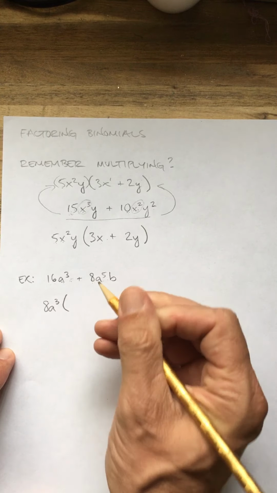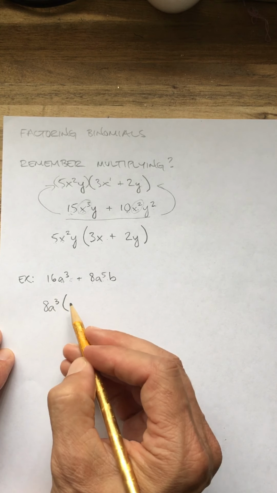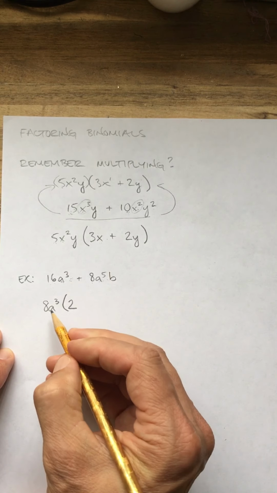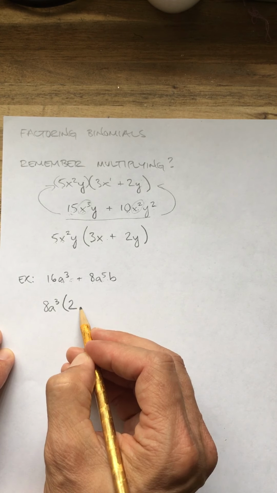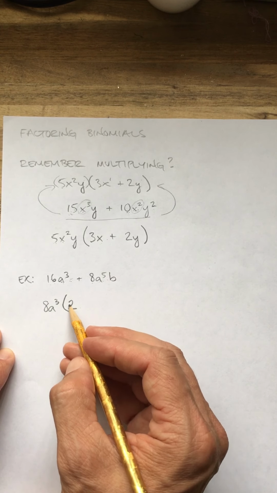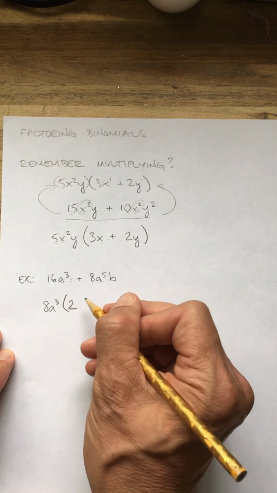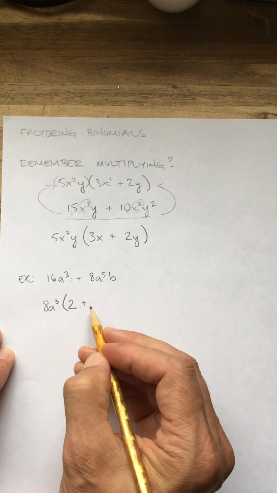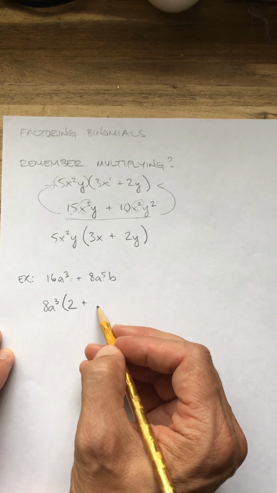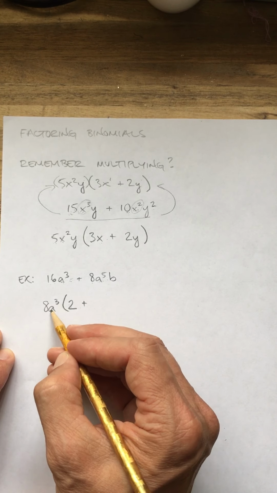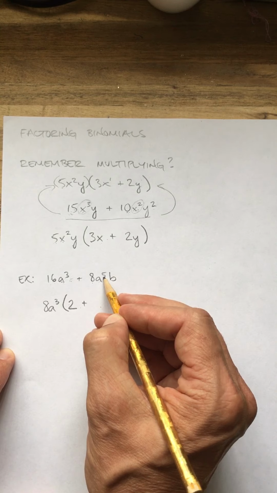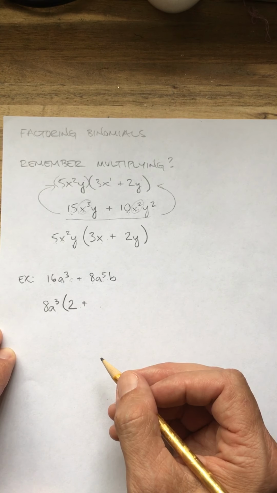Put your parentheses. Now ask yourself, 8 times what gives you 16? That's 2. a cubed times what gives you a cubed? Well, times 1. So 2 times 1 is still just 2, so leave it. Plus, 8 times what gives you 8? It's 1. Again, you don't need to write a 1. a cubed times what gives you a to the 5th? Well, you need 2 more of those a's multiplied together,